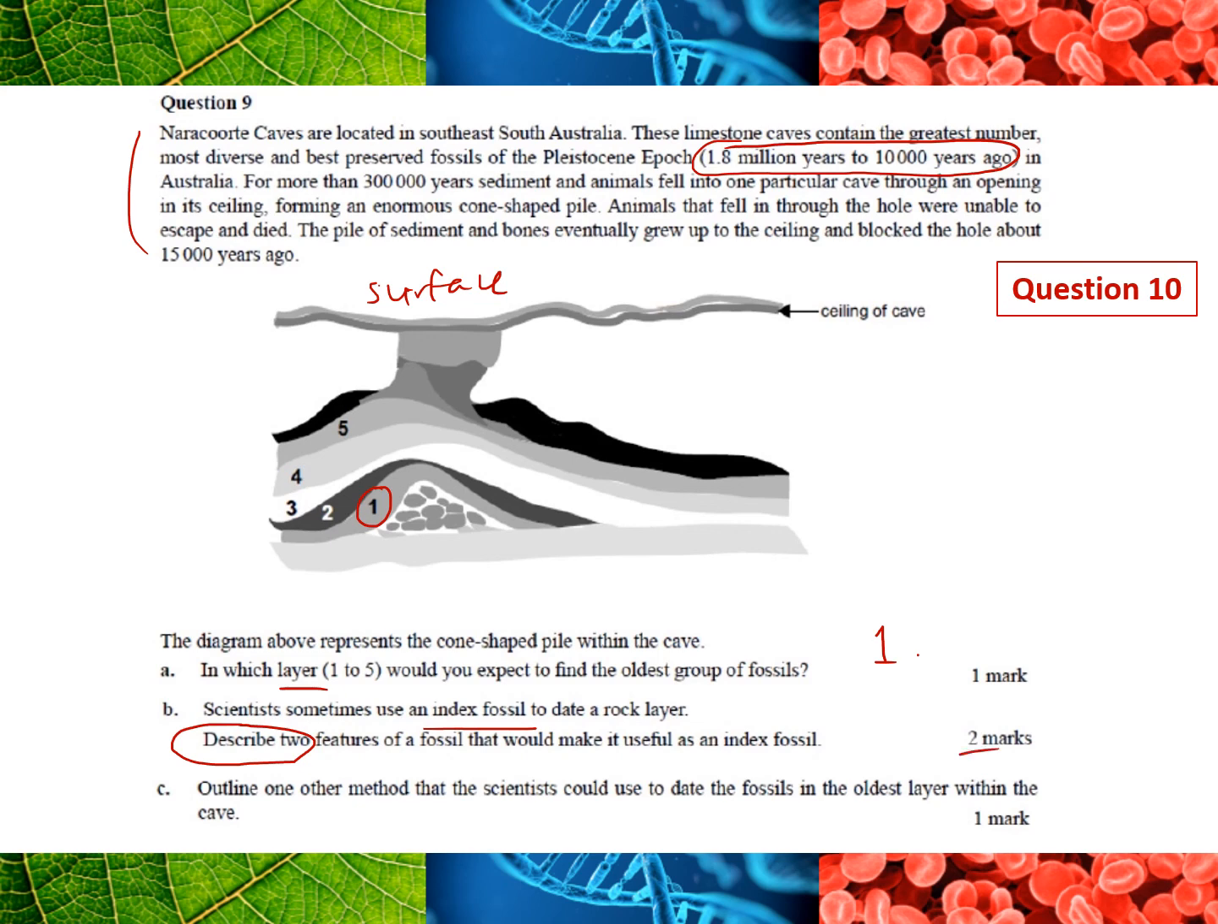And then the last one, outline one other method that scientists could use to date the fossils in the oldest layer within the cave. That's where this information is really relevant. It tells us that we're going back to 1.8 million years here. Okay, so there you would need to say either uranium lead dating or potassium argon dating